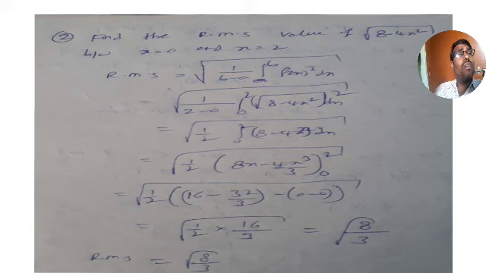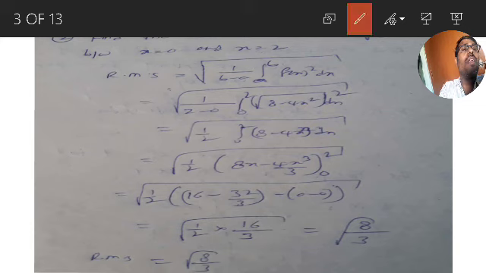Everyone can get these fundamental things given in the question, that is f of x is square root of 8 minus 4x square, and lower limit a is equal to 0 and upper limit b is equal to 2. Once you know the limits and the function, what to do? Just substitute in the RMS value, that is root mean square value, and integrate, you will get the answer. So what is the RMS value? You have to remember the formula, that's it.